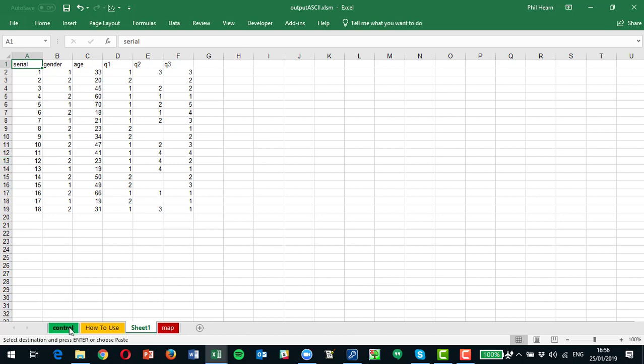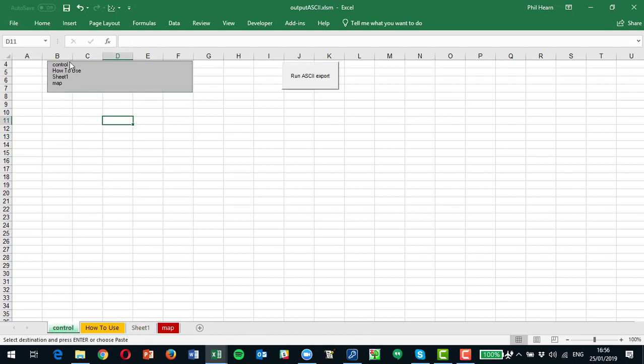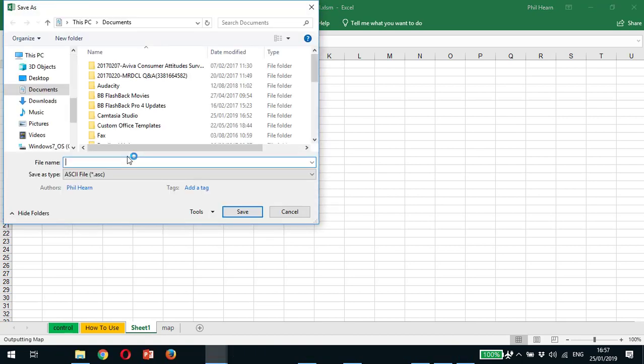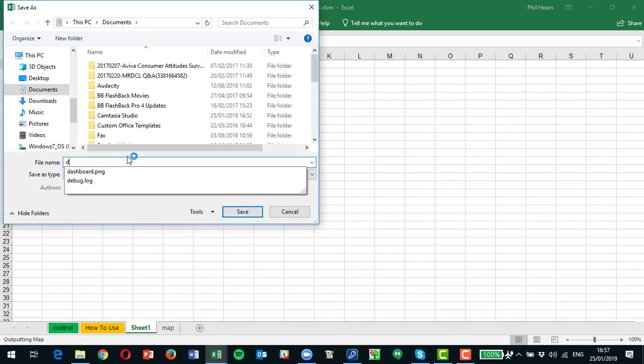And we now can go to the control worksheet, and it'll pull up a list of the sheets in the workbook. We can click on the sheet that we want to convert to Ascii, and we just simply click on this button. Now what this program does is it's going to make me a data file here,